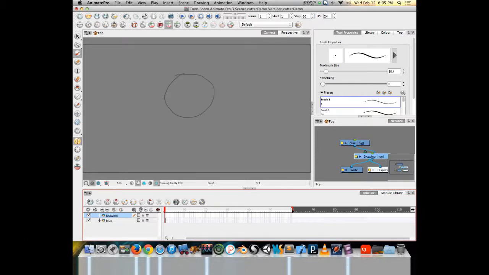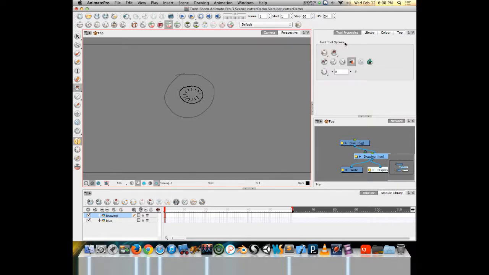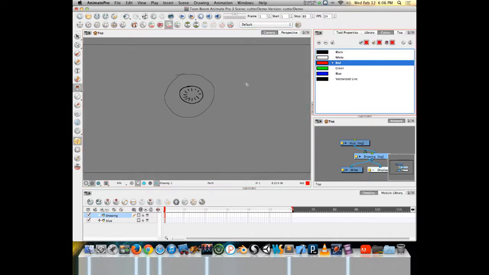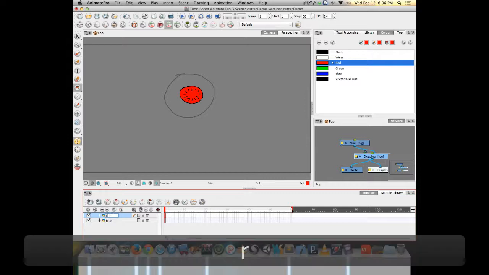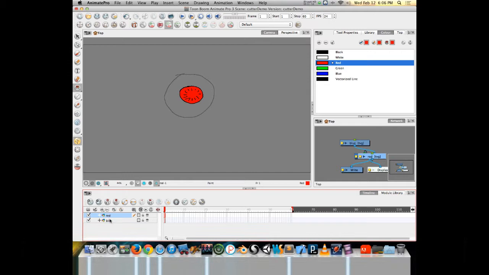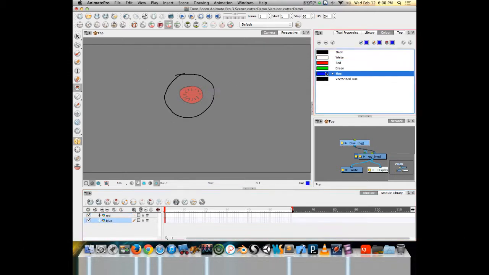Add a second drawing layer in, and on this drawing layer, and this layer, then I will probably make it red. I could even add in some extra lines, so then when I do fill it in with red, it has a little extra pizzazz or color to it. So I can go grab red, fill in on my red, and I will name my layer red. So again, so it's easy to keep track of it, switch down to the blue layer, and I'm going